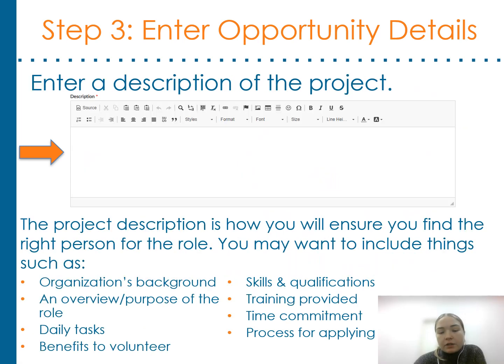The next step is to enter the project description. Volunteer New York will help put together the project description for your opportunity. So this is a space to enter as much information as you can about your project and your expectations of volunteers. Some information you may want to include is the organizational background, an overview or purpose of the role, daily tasks, benefits to the volunteer, any necessary skills or qualifications, if there is any training provided, the ideal time commitment,